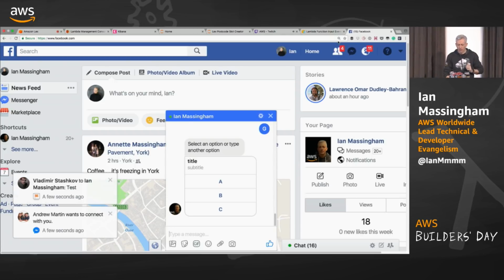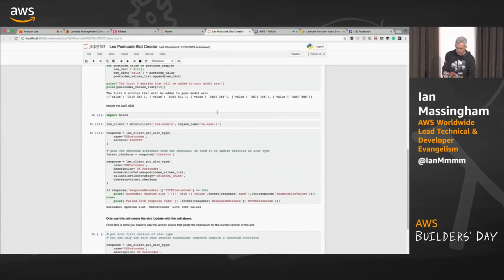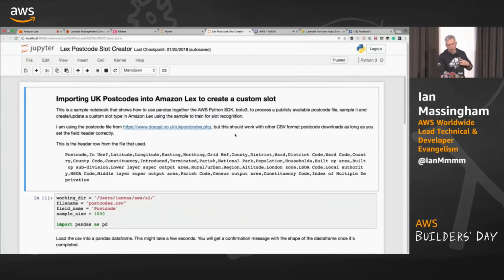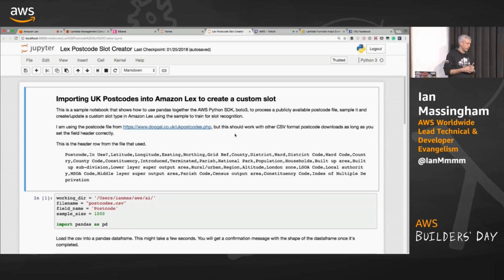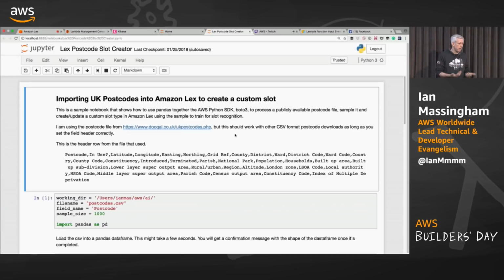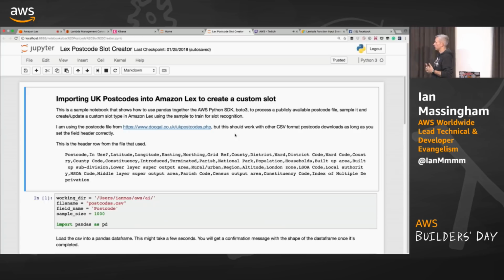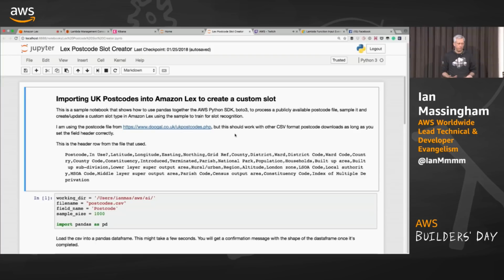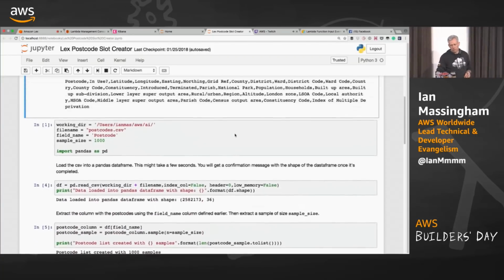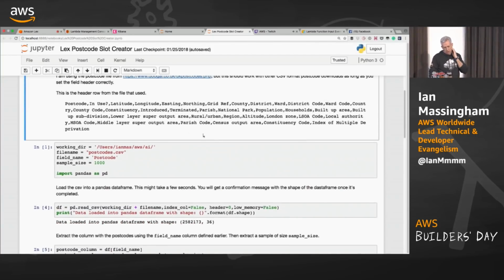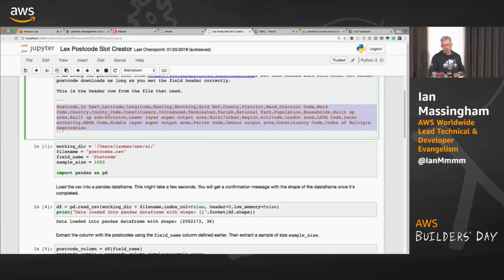That's pretty nice. And then the other thing I was going to show is slot preloading. For slot preloading, I've got a Jupyter notebook here, which is about UK postcodes. One of the things I want to do with my dispatch stickers intent is to automatically recognize postcodes for users. Turns out there are around 250,000 UK postcodes, and we don't have a default slot type for postcodes today. So I started thinking about how I could resolve this issue. I found a publicly available postcode file, which is available on the web, which has a CSV file with this document format in it.